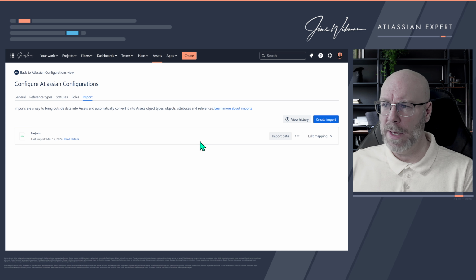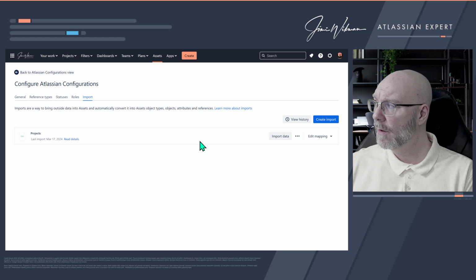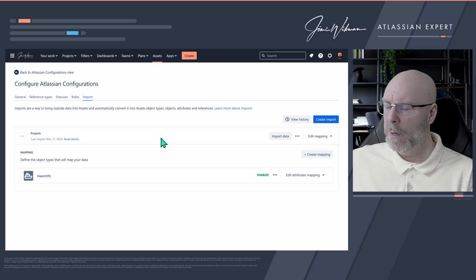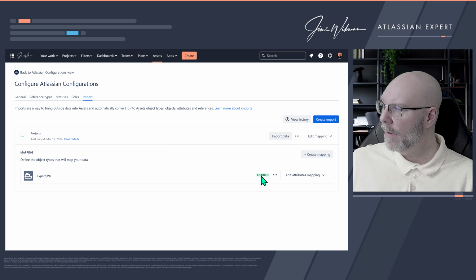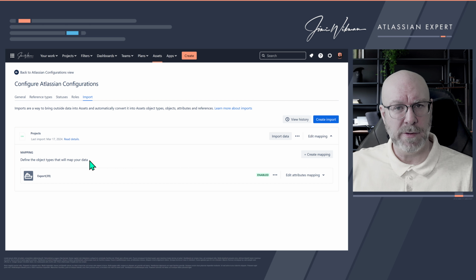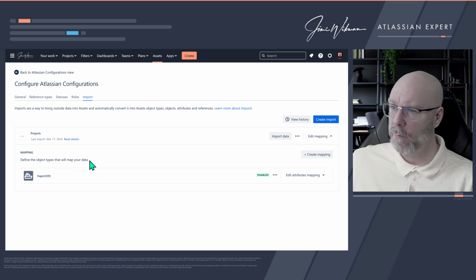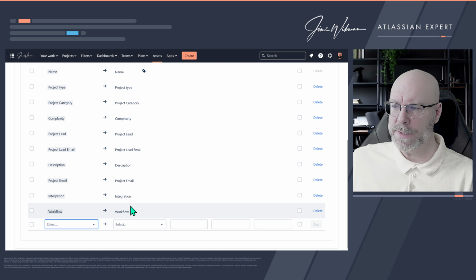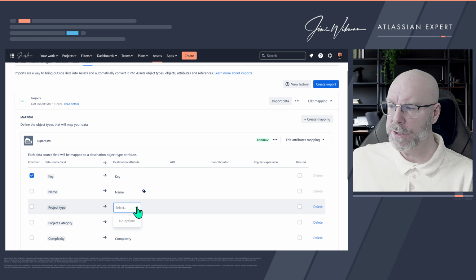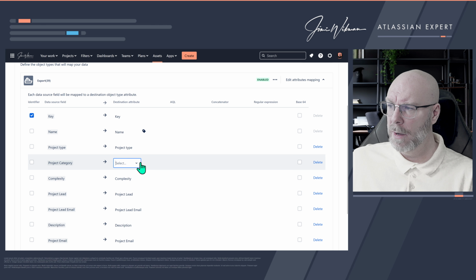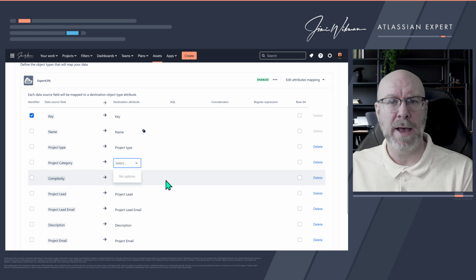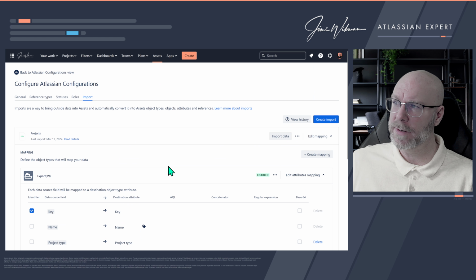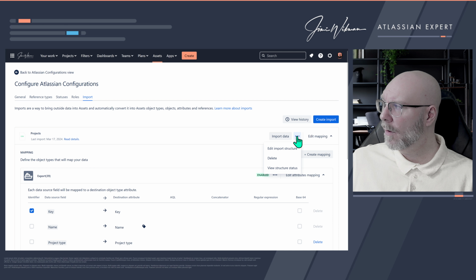So what we can do here, instead of importing it as it is, is edit the mapping. The way this is done right now, it will just blast everything in here. So what we can do instead is edit attributes mapping. Now you will see we can have all kinds of things here, and we can change these to different things. But because this was added as an import where we also already set these, we cannot actually change it. So the way we need to do it is we need to delete this one,